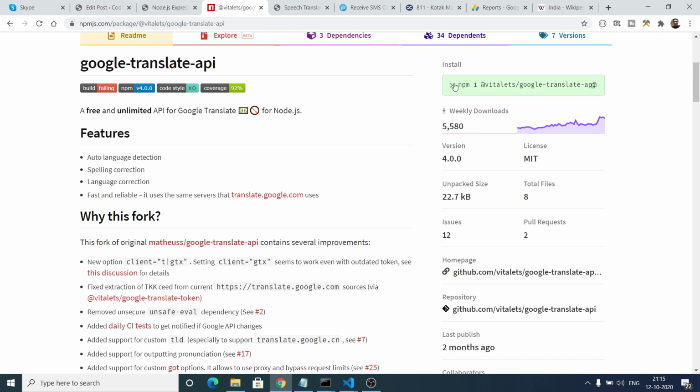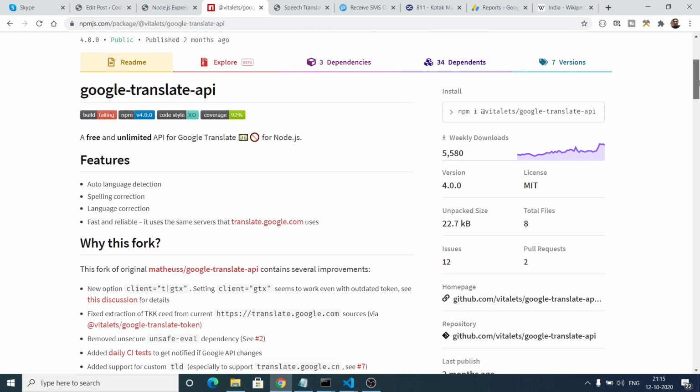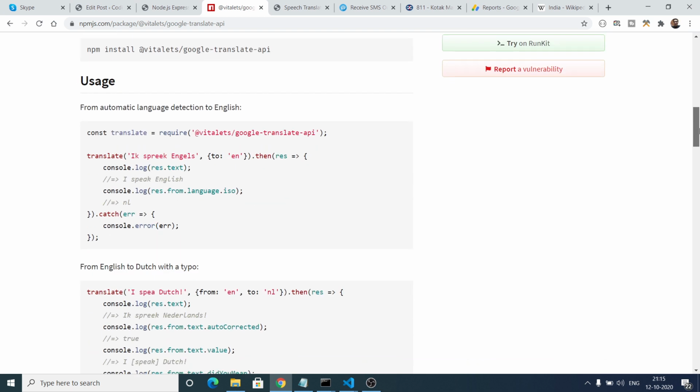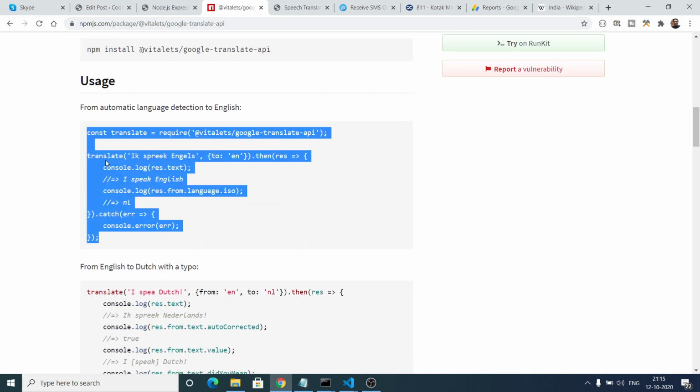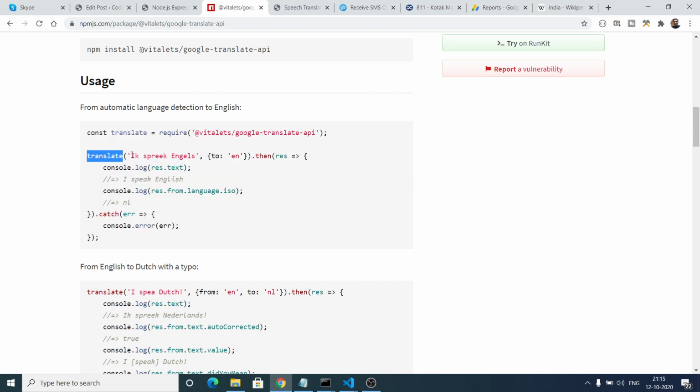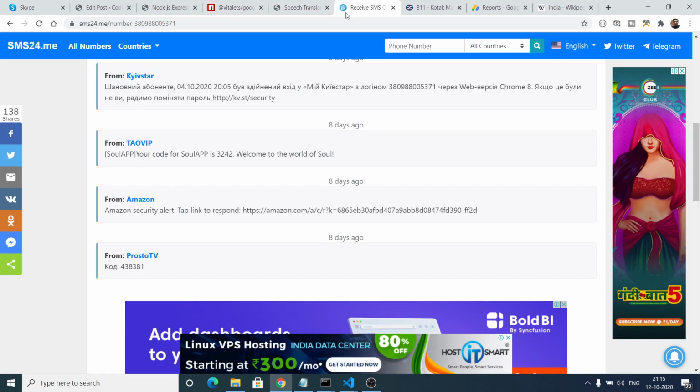You just need to install this module inside your Node.js project, and it also gives a very simple example here. There is a translate function inside this. You provide the language you want to translate the text into, using the ISO code. You can easily get the ISO code for any language.